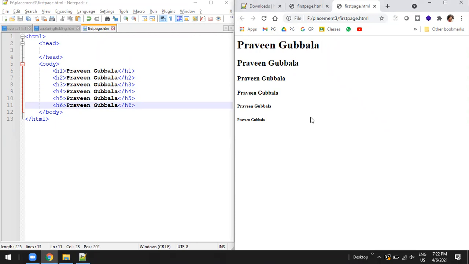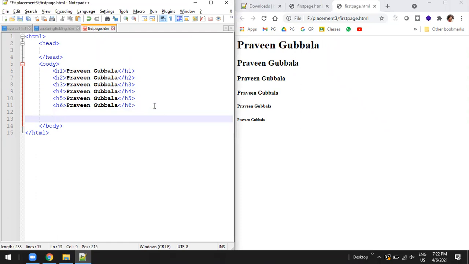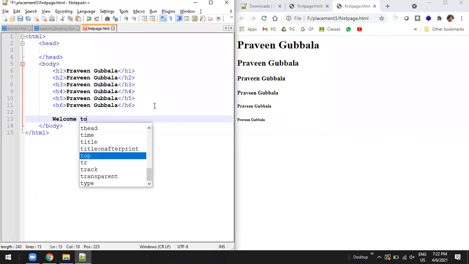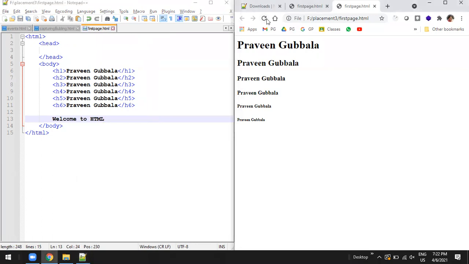Like this, you have multiple elements. For example, I have some content called welcome to HTML. If I directly present it on the page, it will come like this, in the normal way.